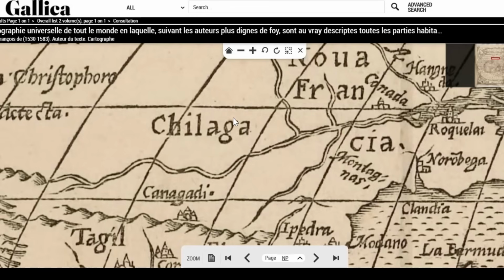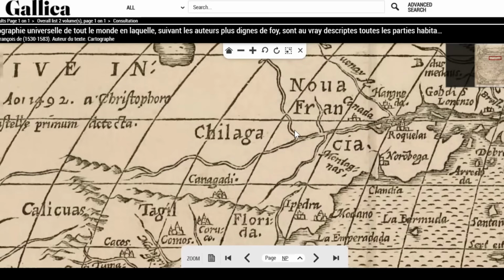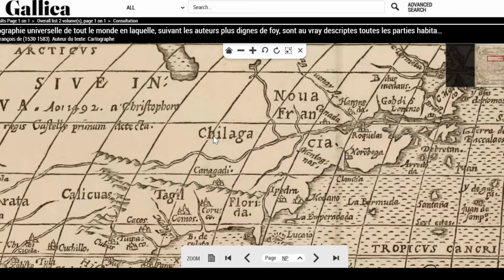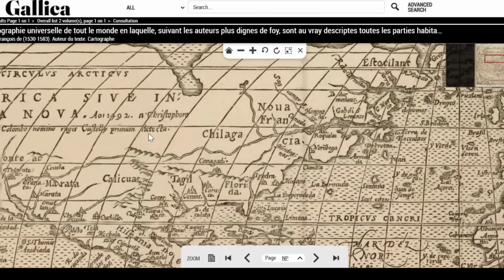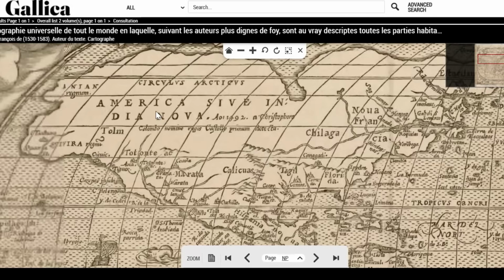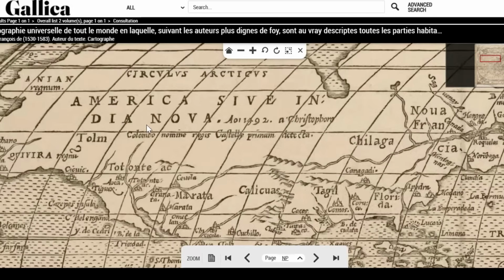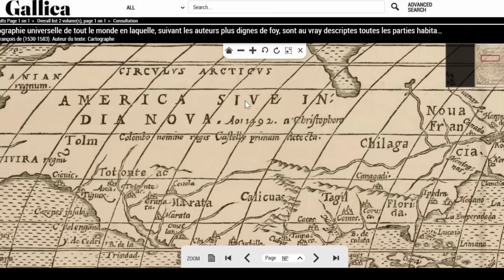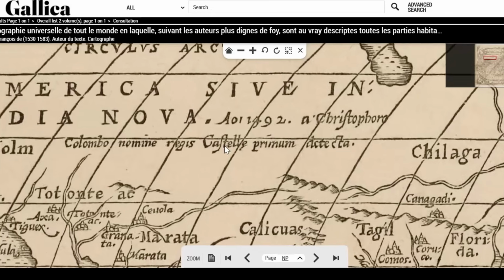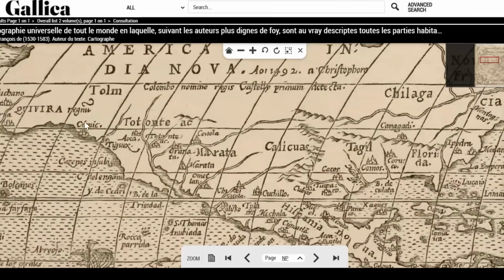Shalaga. It's not showing the city on this map, but there is a city on many maps. I think it's on this junction here. Basically where Chicago is, right? And so this is America Civ Indianova. America, I'm not sure what that means. Something new. And 1492, Christopher Columbus. And down here,